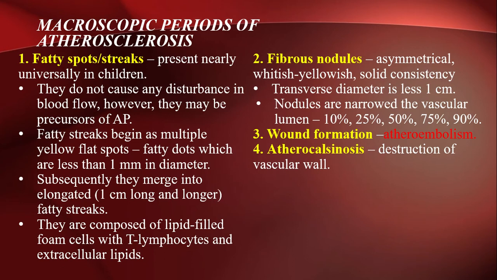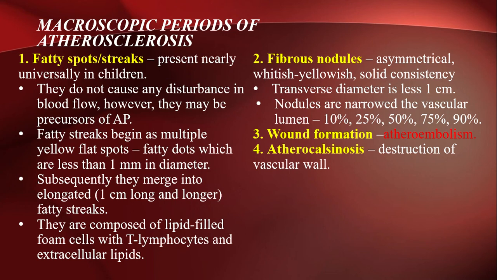We divide the periods of atherosclerosis into the microscopic and macroscopic periods. Macroscopic periods of atherosclerosis, there are four periods. First, the fatty spots or the fatty streaks, present nearly universally in children. They do not cause any disturbance in blood flow. However, they may be precursors of